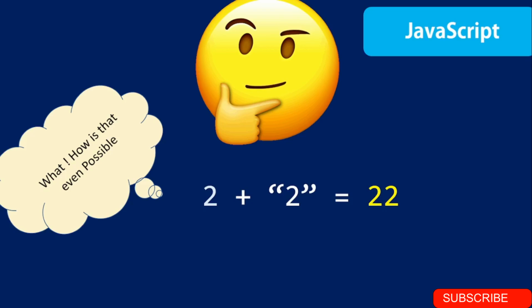So having said that, we can look at JavaScript's weird behaviors. For instance, can you imagine you can just say 2 + 2 and you get 22? We know very well that you are adding a string here and it simply converts it and you get 22. How is that even possible? That is JavaScript. You can have something like this going on, which TypeScript will never allow you to do.